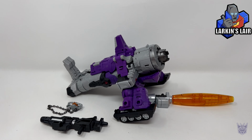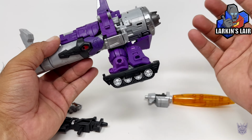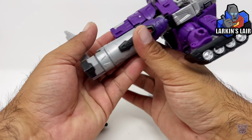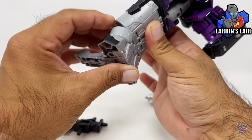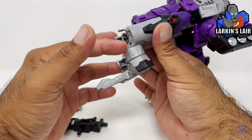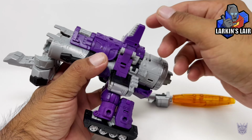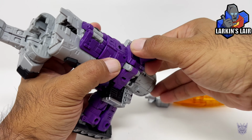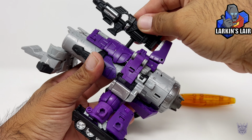Here is Galvatron mostly transformed. I just want to show the changes to the transformation, very minor changes. One, you have to bring this part, the new part of the legs, to become the base here. Two, you've got to bring this forward if you want to store the gun on the cannon by pegging it